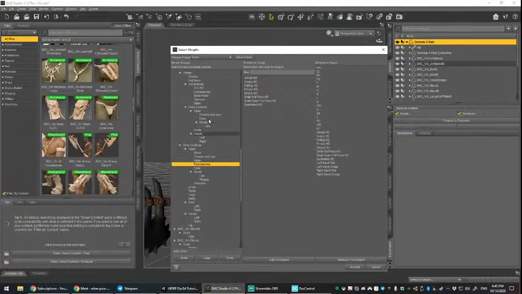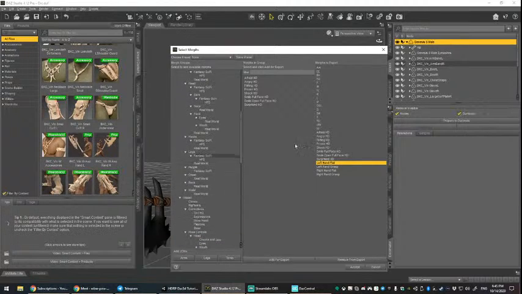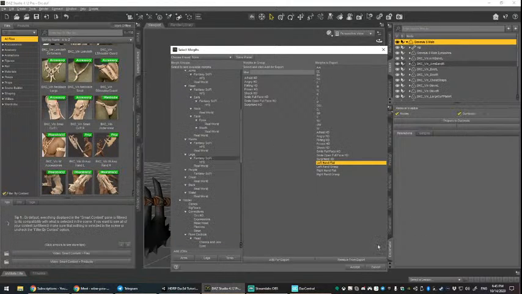I also exported some of the hand shapes for fists, for grabbing, for the left and right hand. That just makes grabbing different objects a little bit easier, especially for this axe. And you can also save these presets. So if you have other characters that you can just slot in, they'll have all the same morph presets. None of these are specific to the orc or the male Genesis figure, except